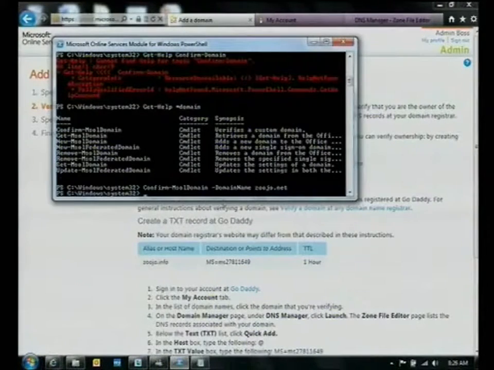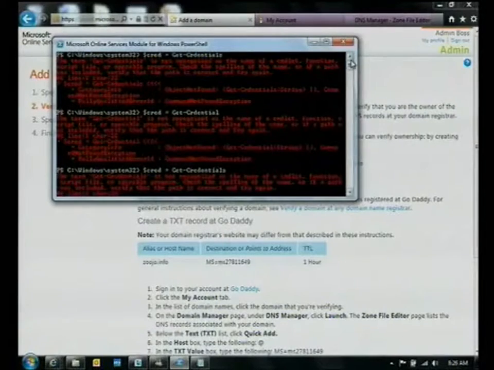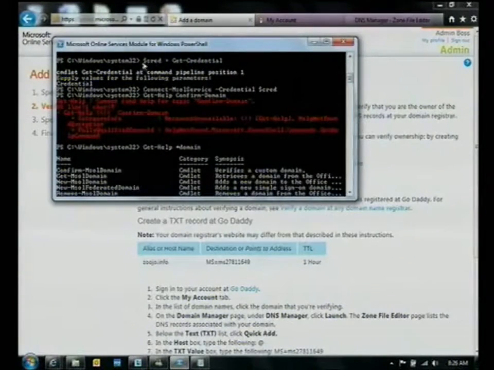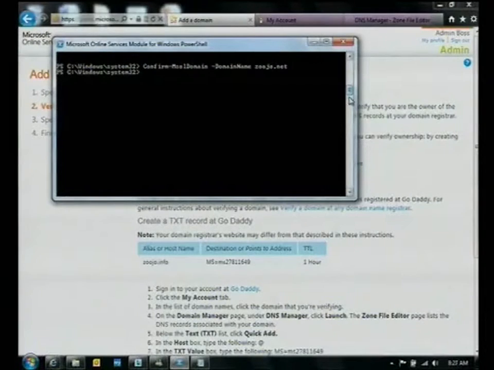So up here I have some PowerShell. Literally all I've done in this PowerShell script is to have a couple of errors to start off with. But basically I've gone through and grabbed my credentials for the Microsoft tenant I'm running on. I've then connected to the Microsoft Online service, and then literally all I'm going to do now is force that confirm domain through. So